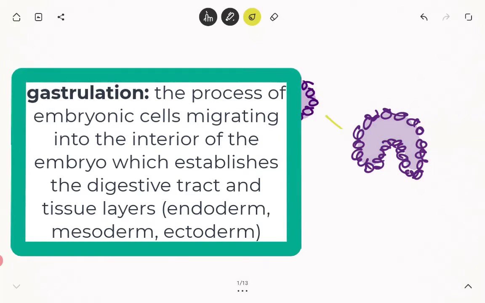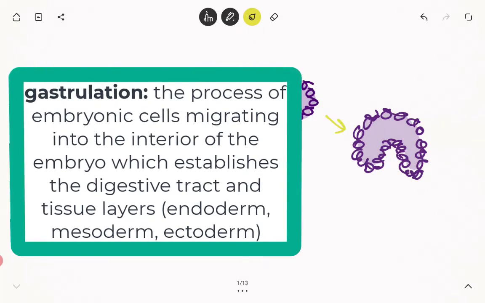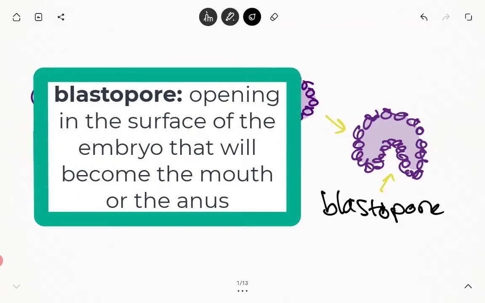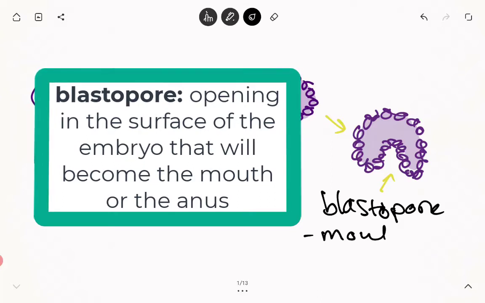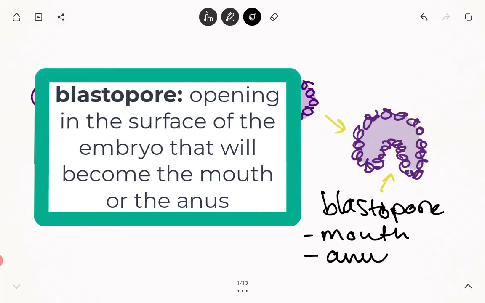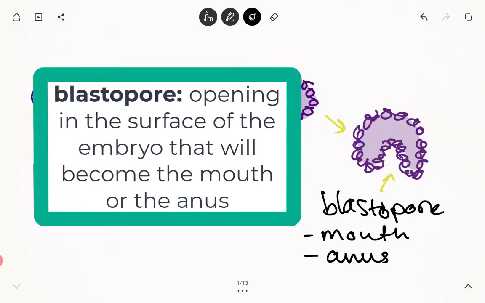So in gastrulation, what's happening is that some cells start to migrate and move inwards. They start to create this kind of infolding into the embryo. And this opening right here, this is what we call the blastopore. Okay, so the blastopore. This is significant because in some animals, that blastopore might become the mouth. In some animals, that blastopore becomes the anus, and the mouth forms later. So this blastopore,